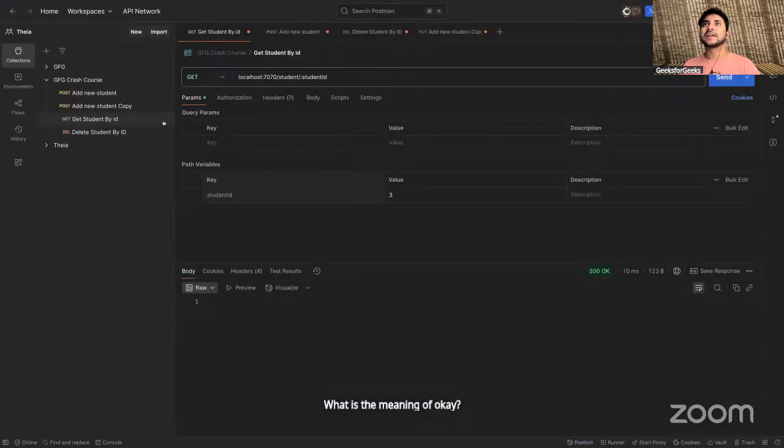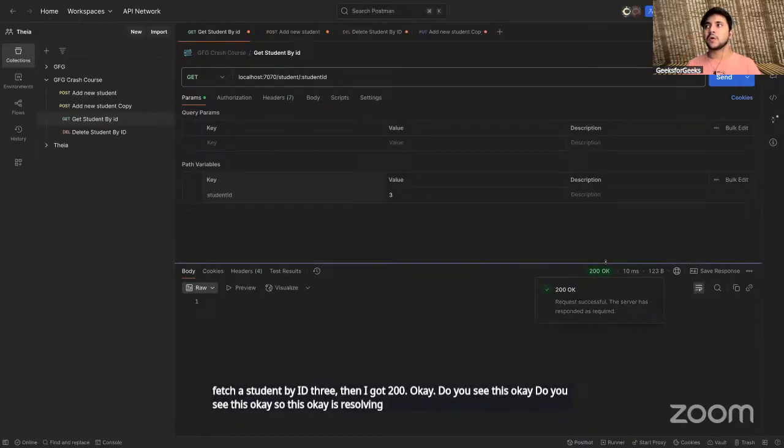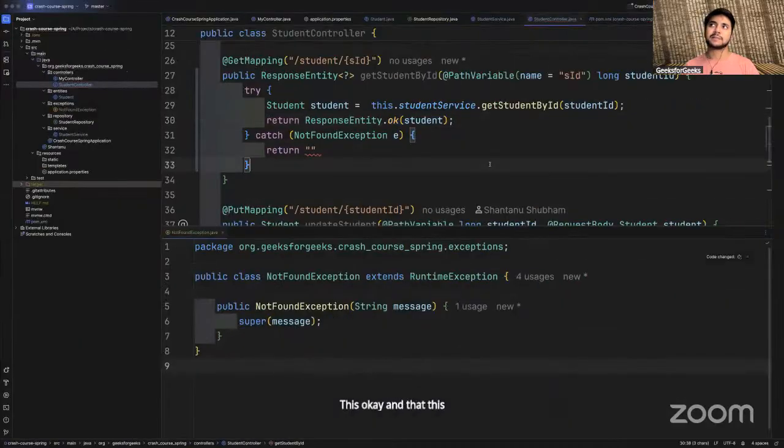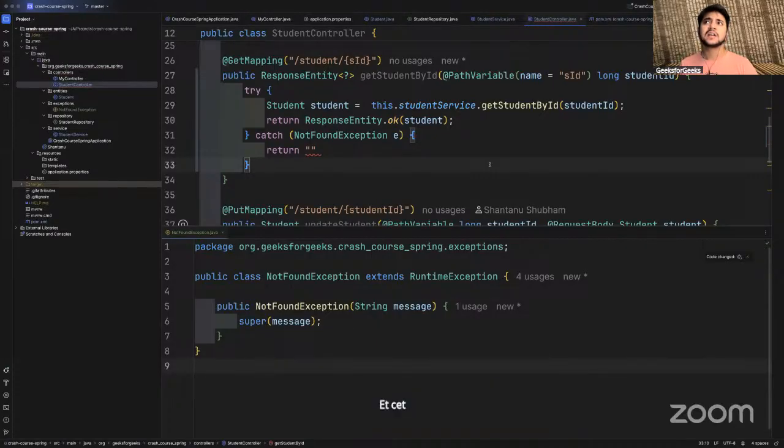One quick interesting thing: if I try to fetch a student by ID 3, then I get 200 OK. Do you see this OK? This OK is resolving to the OK I've written over here. Just like every request can have multiple types, like GET, POST, PUT, DELETE, etc., every response is associated with a number.